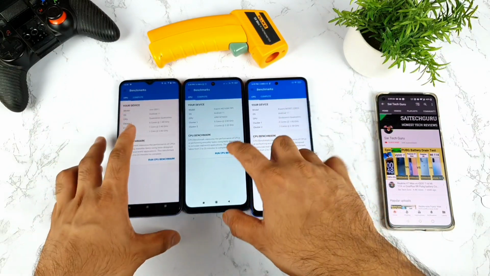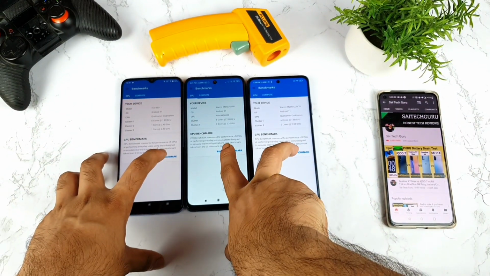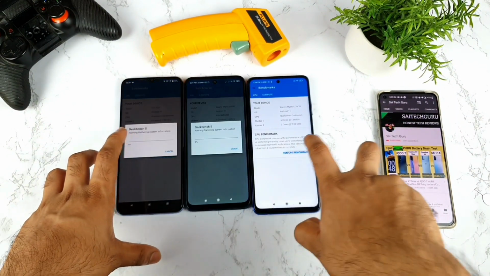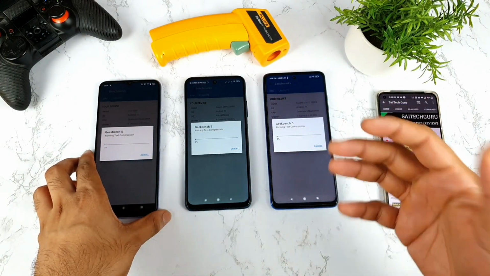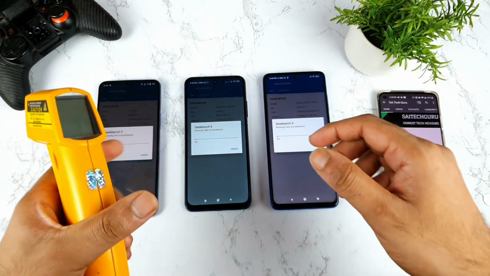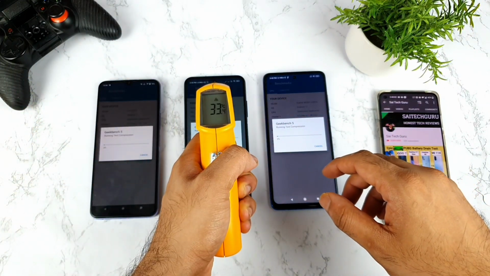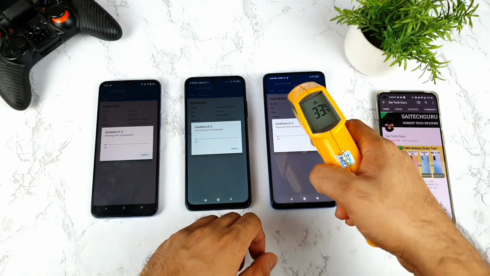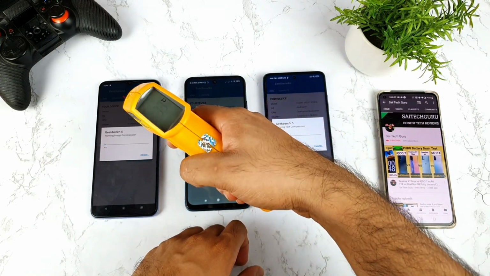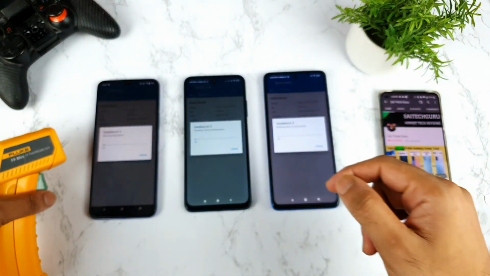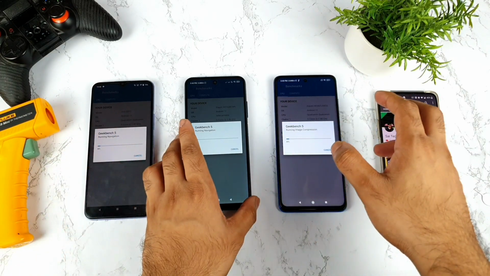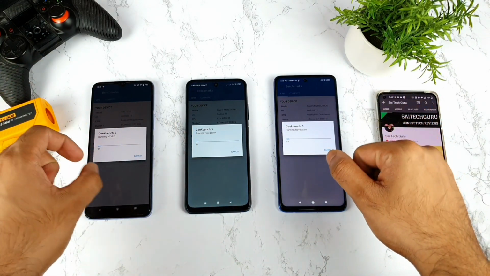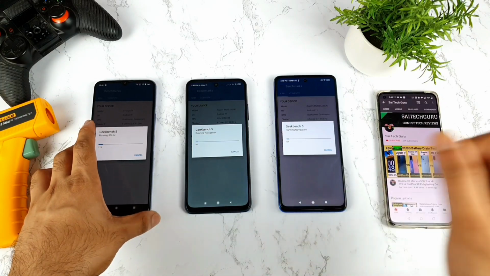Let me quickly start the test at the same time on all of them. So let's see which phone will be able to give how much score. That is what I'm trying to check right now. And let's check the temperatures: 32, 33, 33, 33, 33 and 32 degrees during this demonstration. So let's see, friends, which phone will be able to complete the test faster. I do know that the iQOO Z3 I did click faster, but let's see. That is another interesting topic.